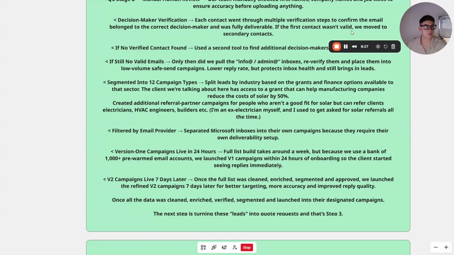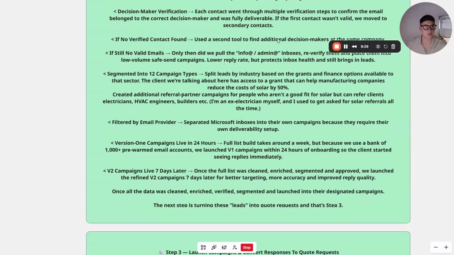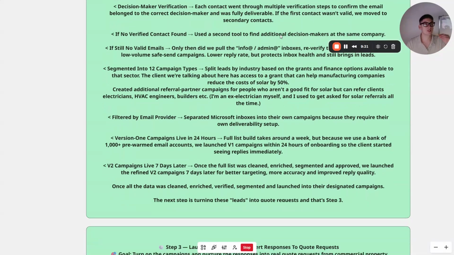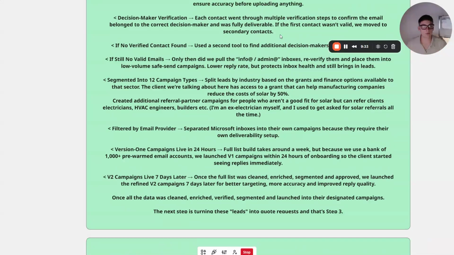If the first contact wasn't valid, we moved to secondary contacts. We can only send to certain email addresses that are actually safe to send to. So we run these through an email verification tool, which goes and actually checks that for us. And if it's not a verified email address, we can't send to it, so we move to the secondary